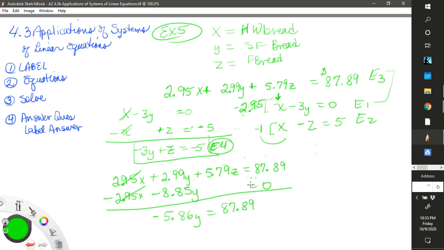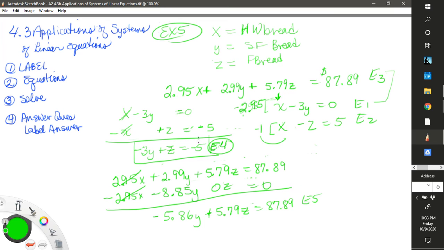Oh, I see my problem. I'm solving and I'm not supposed to be. I don't have a z term here. I have a 0z. So this, I'm working on equation 5, and that equals 87.89. And that's E5. On E5, I have a y term and a z term. Okay, so let's take our